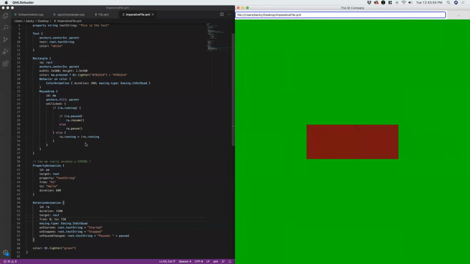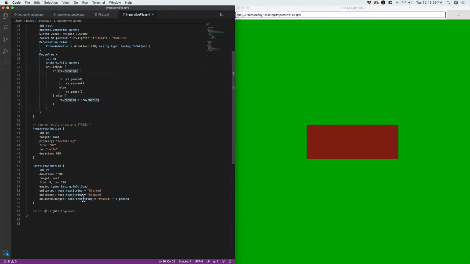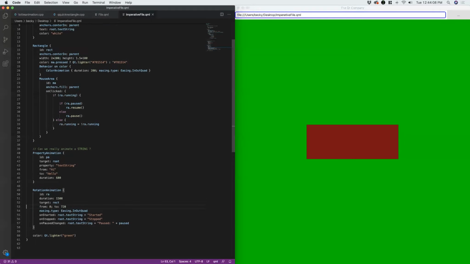And what I have here is, again, a mouse area. And we've created a rotation animation. So we saw the rotation animation earlier. This time it has the name RA, duration 1500 milliseconds. Target is the rectangle, which is this guy here. So when this runs, it's going to spin it around twice over the course of one and a half seconds. I've also added a whole bunch of logic in the mouse area so that if it's running, then it